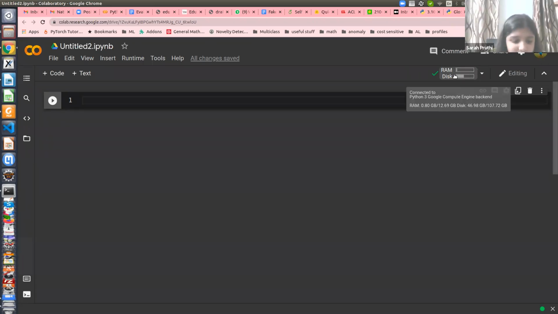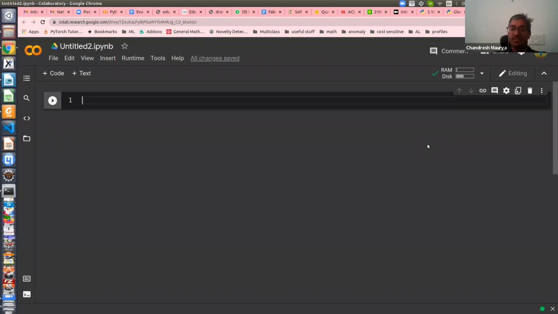Sir, when I open the link, it's not opening. It says that the site may not work in your browser. Oh, okay, maybe you are using an old version of the browser. Try to open it in a different browser. Anyone here got success in opening the notebook? Change the browser, maybe an updated browser. Try Mozilla. I don't know how to do that.